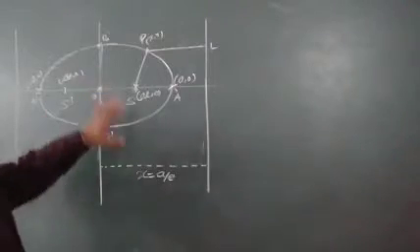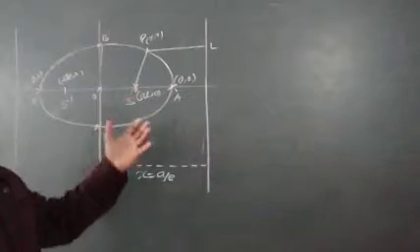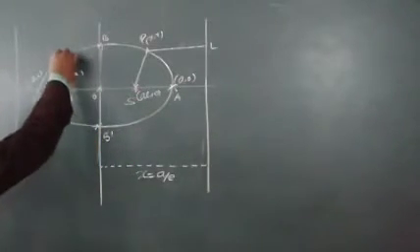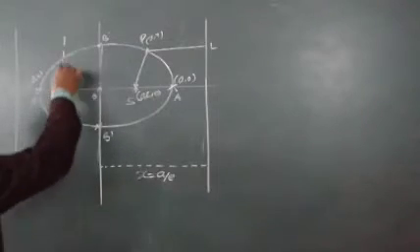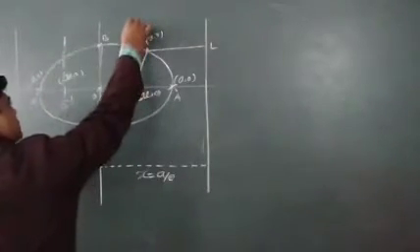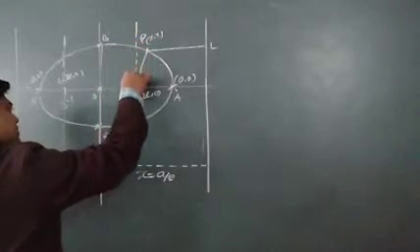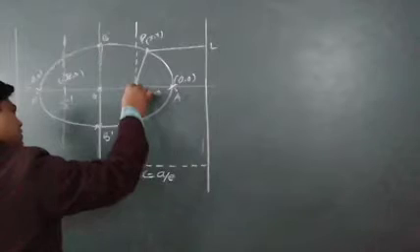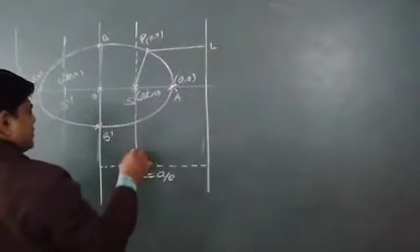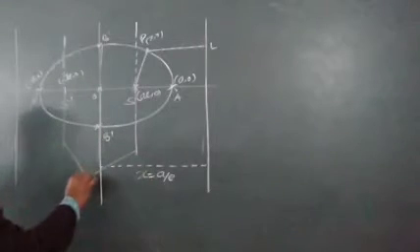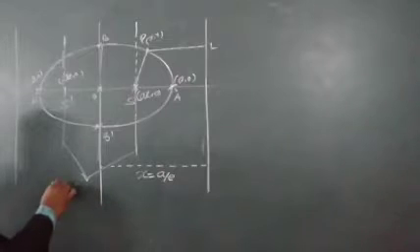So all these things I wrote here in an ellipse, all the possible things. And then one more thing, the latus rectum you can see. As I told you, it is the chord which is passing through the focus and is perpendicular to the major axis. Previously in the parabola only one word was there, axis. Now we will use major axis. This one and this one, both are called latus rectum.